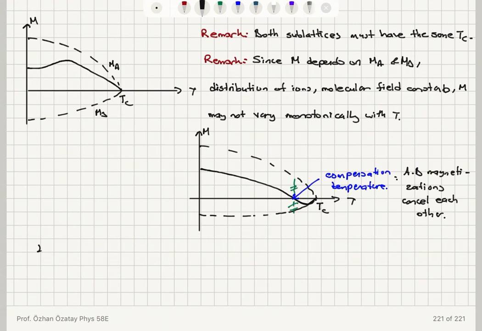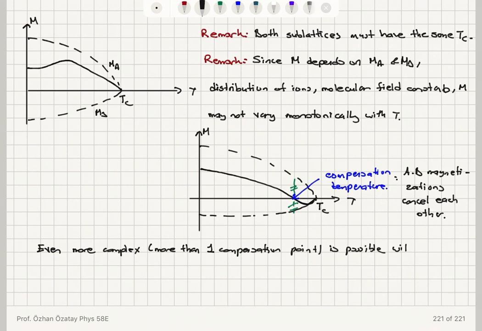And we can find that even more complex behaviors can be observed. That is, more than one compensation point is possible